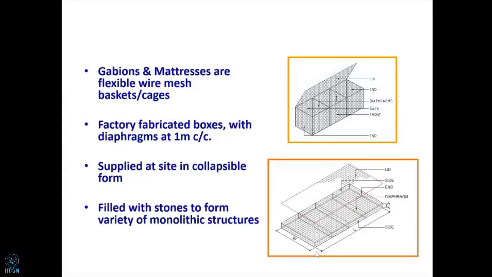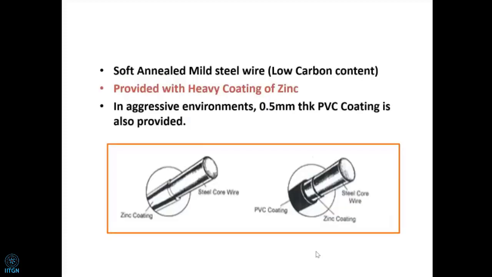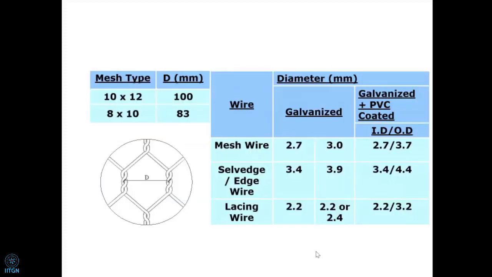They can be produced out of a steel rod which is drawn into a wire, and these wires are double twisted to form sheets. Metal sheets are double twisted, and these are made into boxes. Like this, the sheets are made, and they have a hexagonal shape. Here we have a double twist. This is drawn from a solid bar.